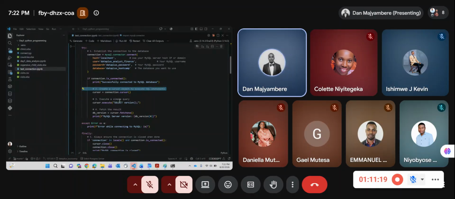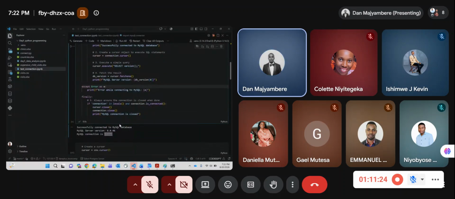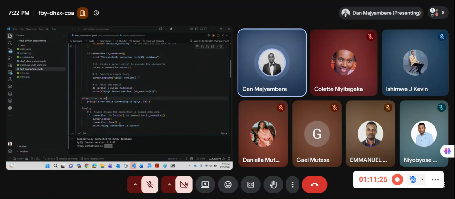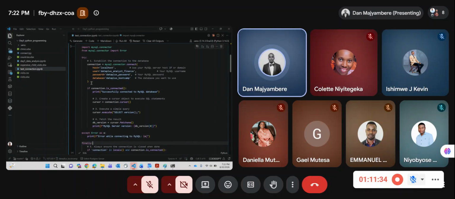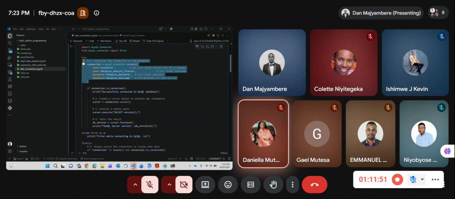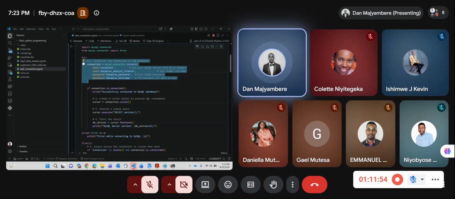Another very important thing: assume you're writing your code and someone else wants it, you want to share it with someone else. Typically this is a scandal. Can you see the code I've highlighted? Can you tell me why I've said it's a scandal? I think it's because it is showing the credentials. Exactly. This is a scandal